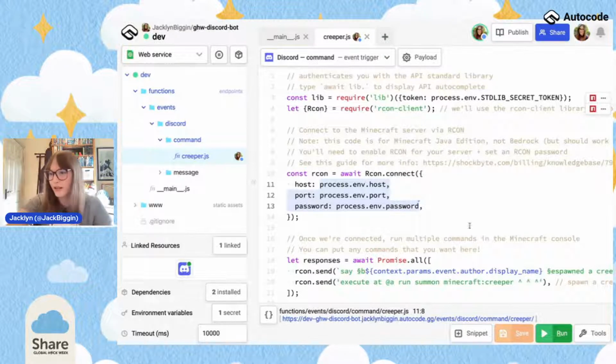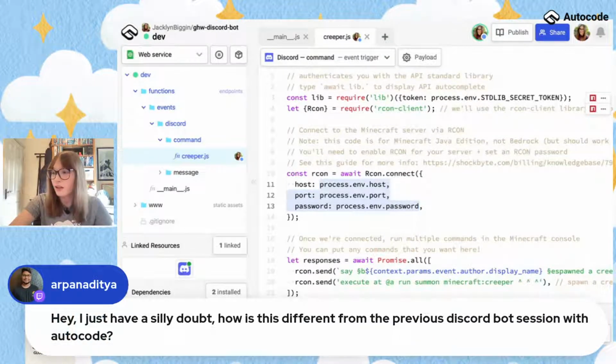So I'm going to show you how to do that in a sec, but just a really good question here. It's not a silly question at all. How is this different? It's different because I'm not just making a bot from scratch, friend. What I'm doing is showing you how to get code which is already open source and include it, but also how to do much more advanced things.